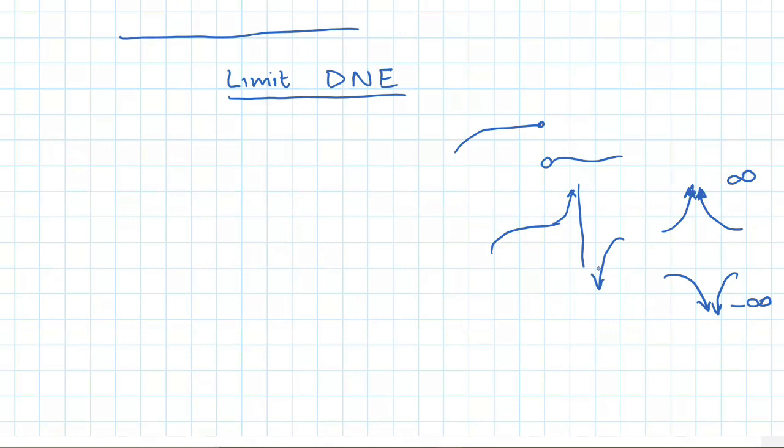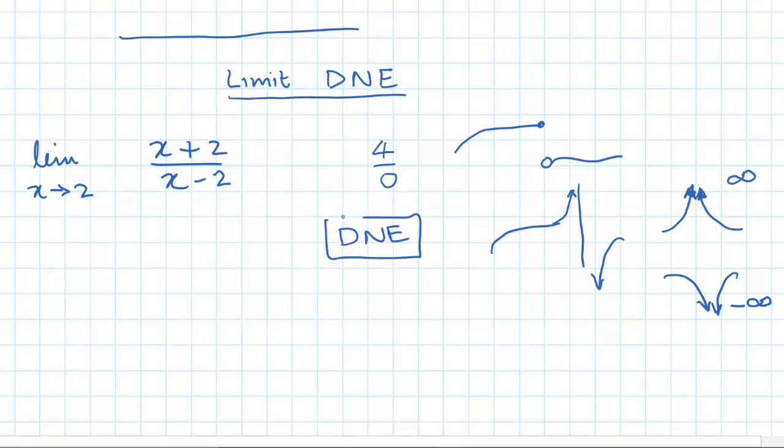So I want to take one problem and quickly show what I'm trying to show, because you may not be plotting a graph when you're trying to find the limit. And if you just say does not exist, you're right. Sometimes we can say these, but we have to be careful. So let's say if I have, yeah, for sure it doesn't exist, because if you plug in, you get like 4/0, right? So does not exist is a good answer. But is it positive infinity or negative infinity? So if you look at